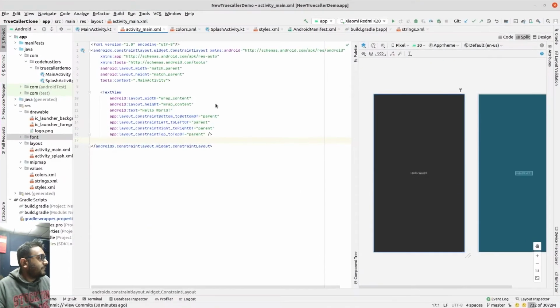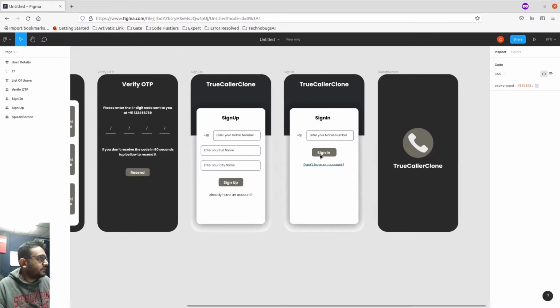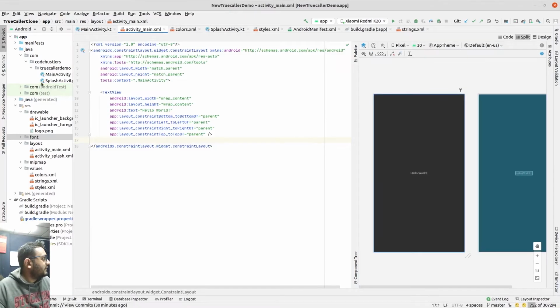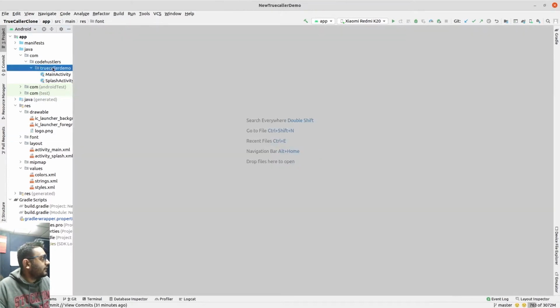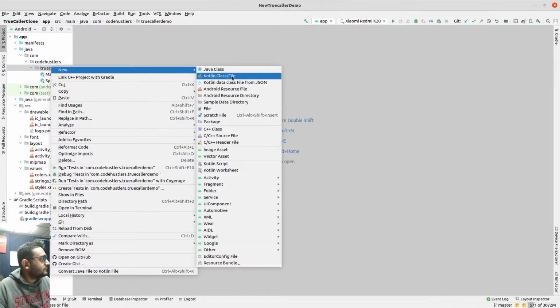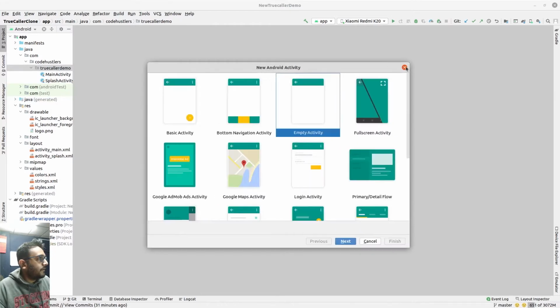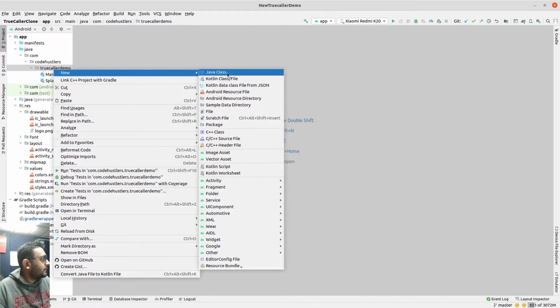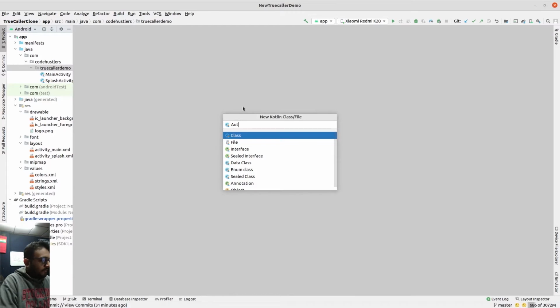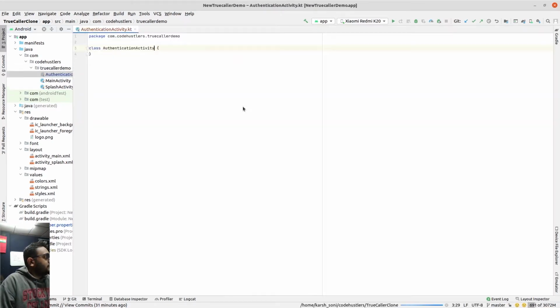First of all, we'll create an activity which will host all three fragments: sign up, sign in and verify OTP. Right, so close all of these files. Now create, we'll create activity, authentication activity. Okay,